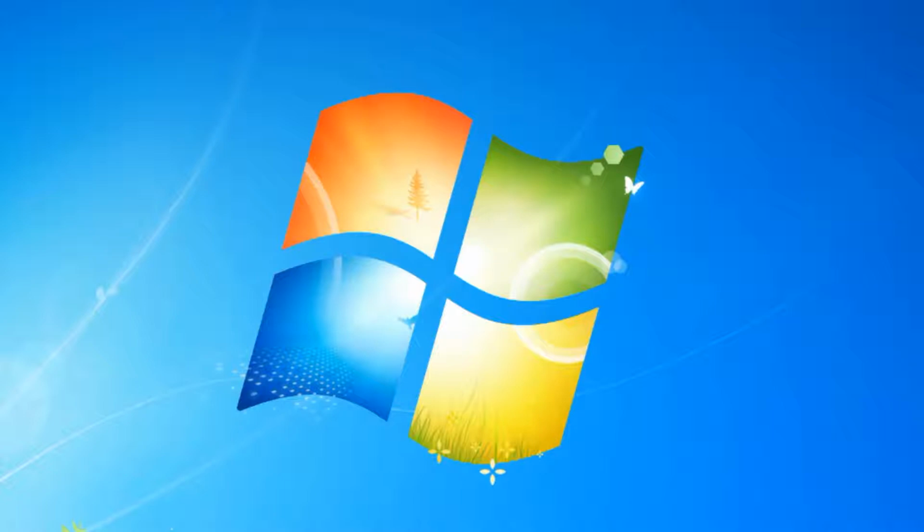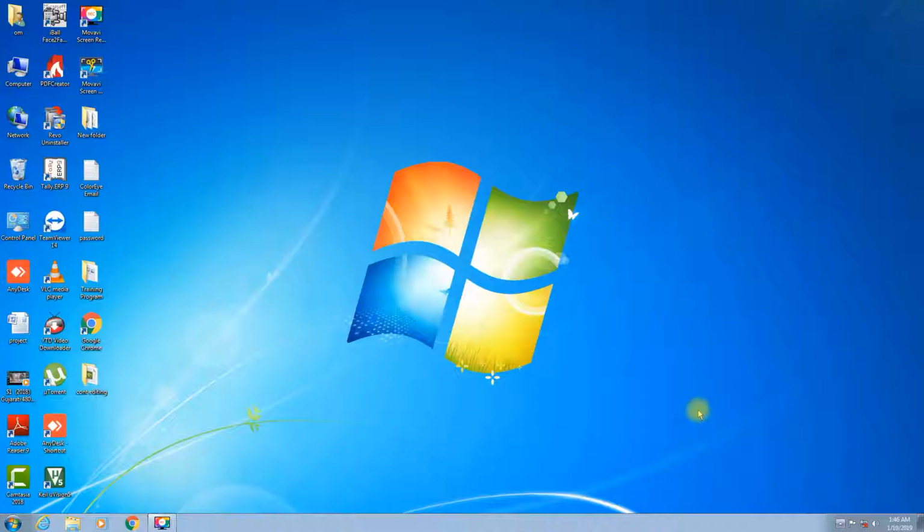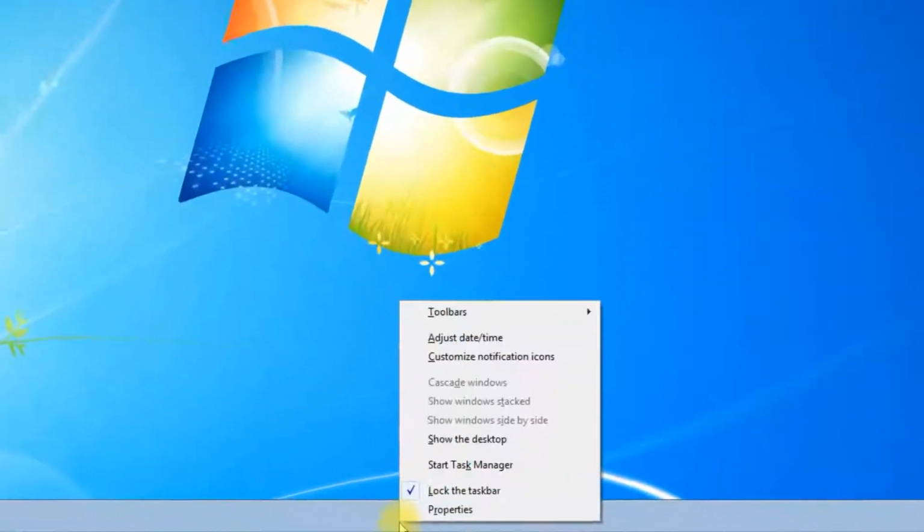Starting with the Windows 7 operating system, another session of taskbar properties. So today's session we are going to cover the notification area of the taskbar. So take your mouse towards the taskbar, right click,